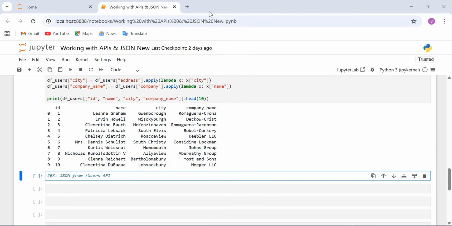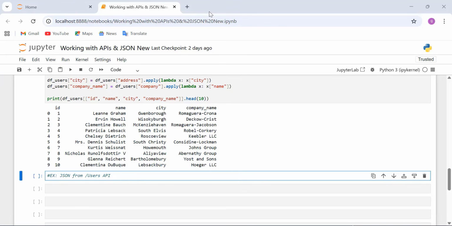Now why post? A post represents a message or article or content created by a user. It normally comprises the user ID, the title, and the body. That user ID serves as the author that links to the user ID. The ID serves as the unique ID of the post, while the title is the post title and the body is the post content. Based on the relationship, a user can have many posts, but a post belongs to one user. When it comes to